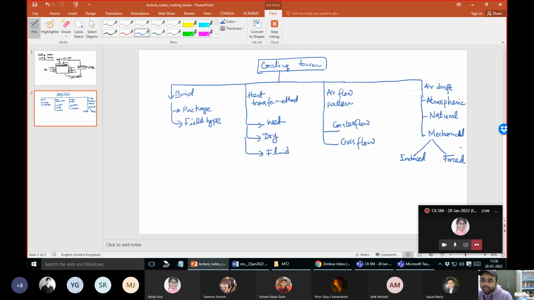And dry types means you will generally use not another fluid, but directly a surface will be made cold by reducing its temperature. Possibly a Peltier cooling can be done. You can also do some contact with some dry reactions, or some dry liquids, for example solidified CO2. So I should not say fluid type, maybe I should say liquid type. You can think of it that way, and dry types is more of the gaseous types.